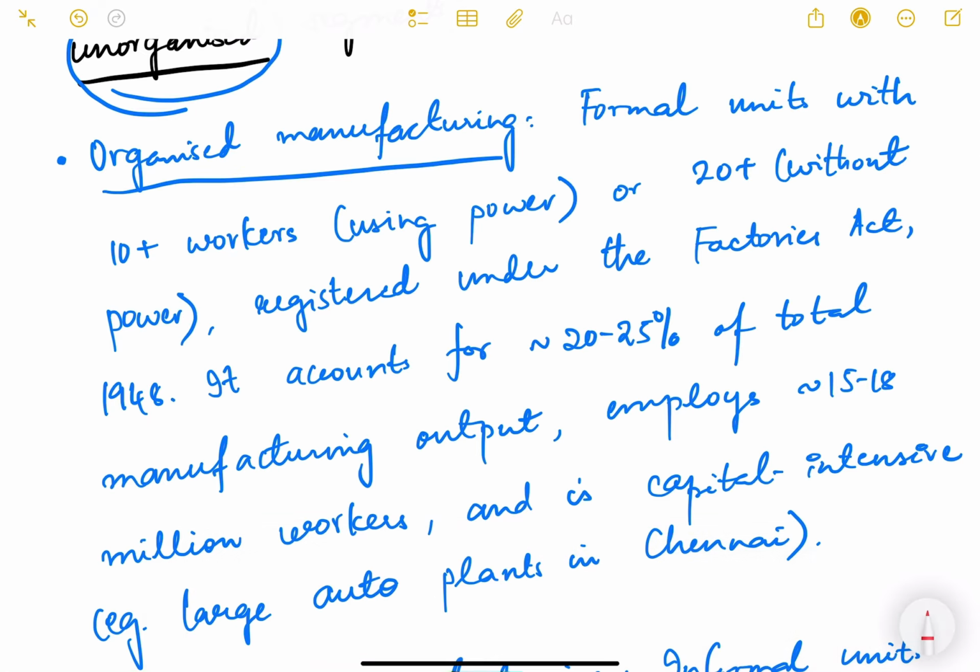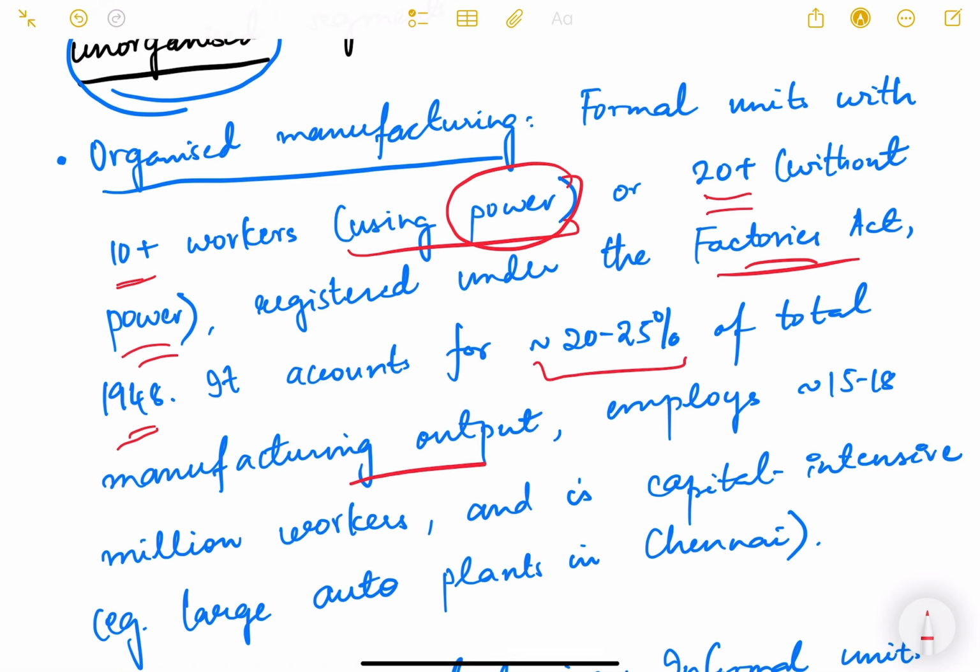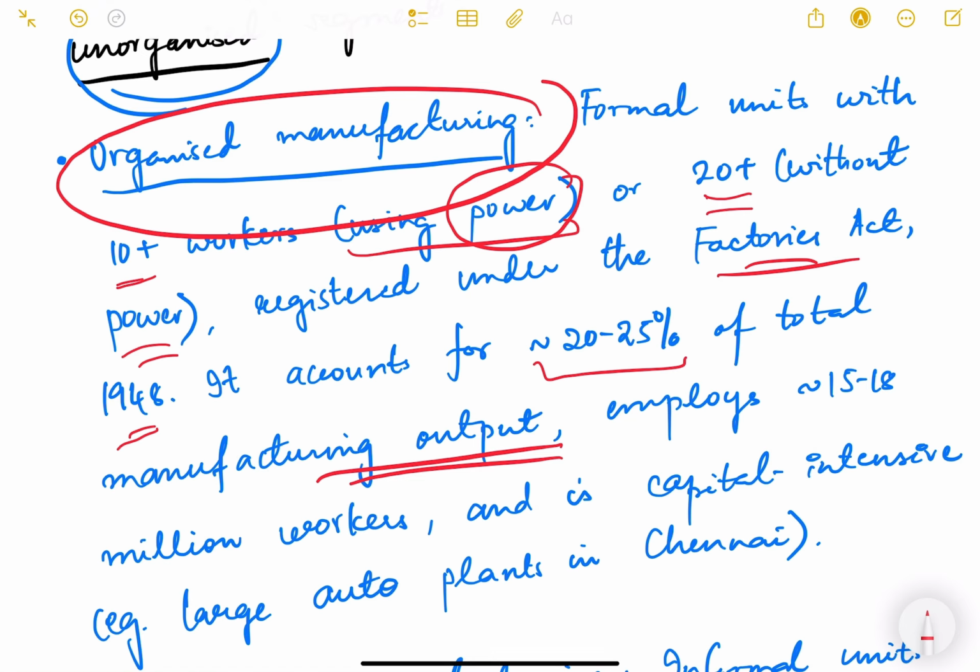So organized manufacturing is basically a unit, a factory where 10 plus workers are working using power, meaning where electricity is used, or 20 plus without power. Okay, so where electricity is not used. Nowadays there is no such unit where there is no electricity, so this is an old definition actually, but this is how we formally define an organized sector, and it is registered under the Factories Act of 1948. It accounts for 20 to 25% of the total manufacturing output. So organized manufacturing is only about 20 to 25% of the total manufacturing output, not the total GDP of the